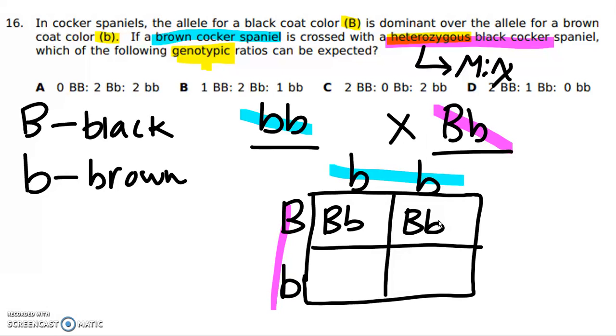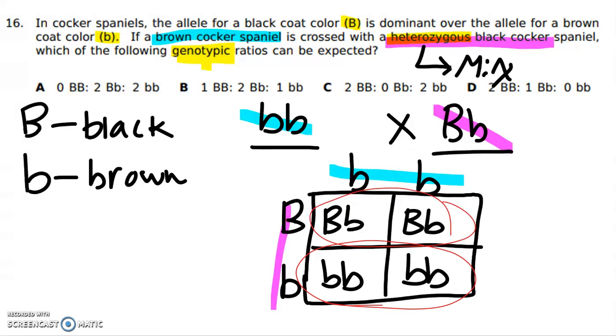we get the heterozygous. And now we get a recessive with a recessive. We get homozygous recessive. And then another recessive and recessive, I get homozygous recessive. So I only have one of each, really, well, 2 of each. I have 2 heterozygous that are right here, and I have 2 that are homozygous recessive, and then I don't see any that